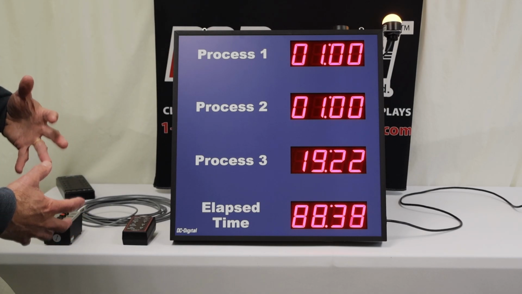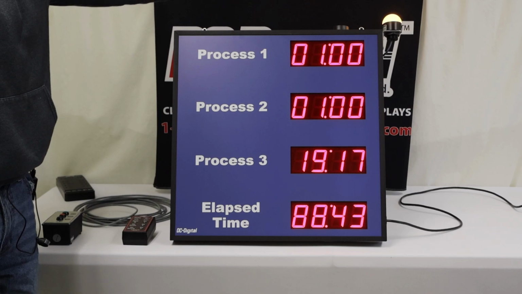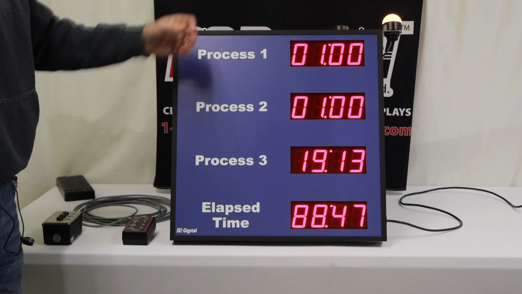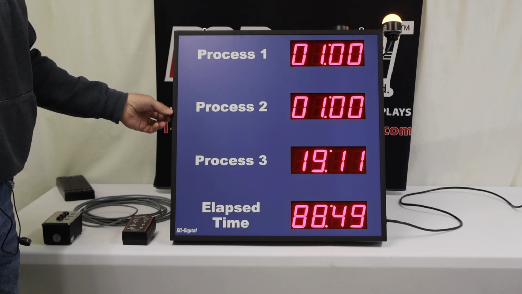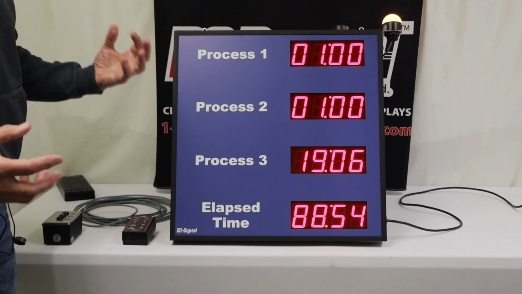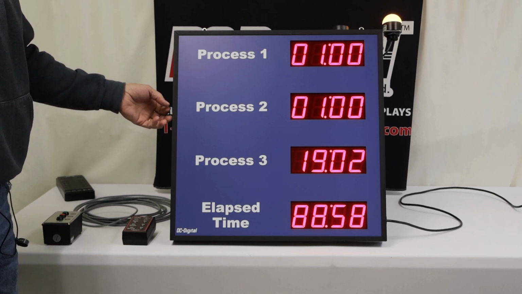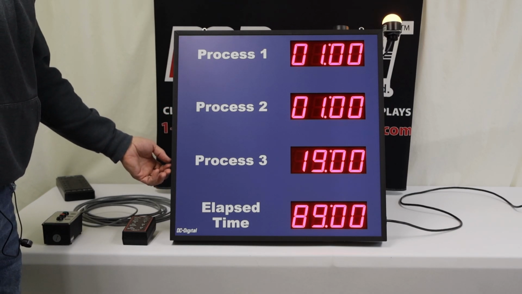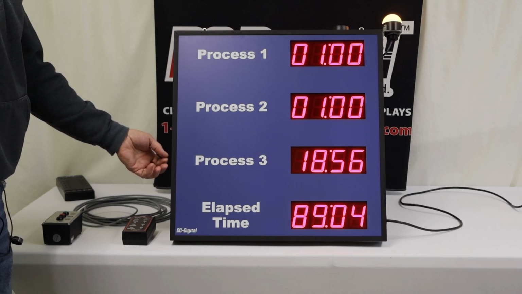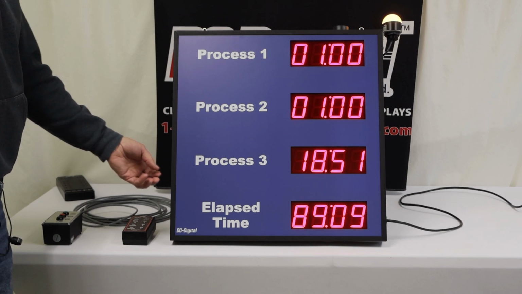So I hope you understand what I mean. The Andon light is still yellow. If it was red, it would turn red if this process was still in process and counting back up and flashing. In other words, the process went past the 50 minutes that was allotted for it. But we're going to go on to process number 3. It's the last process for this manufacturing facility, and we're going to let it go up past